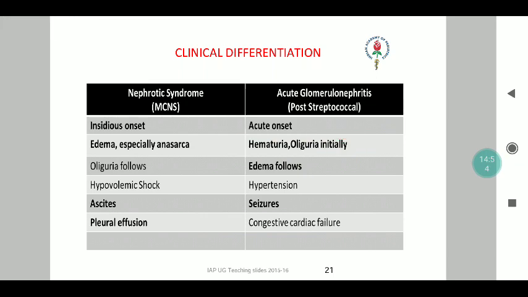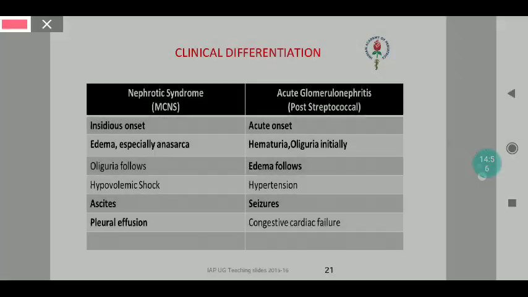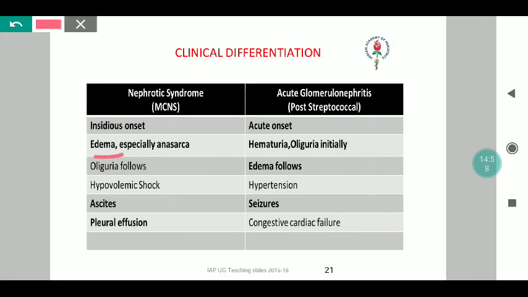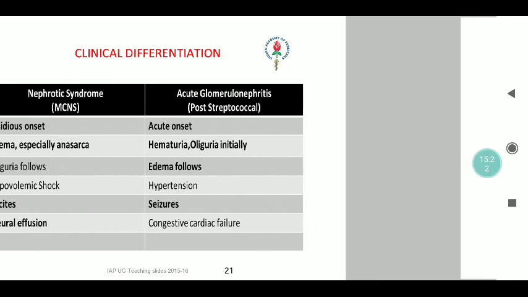Whereas in nephrotic syndrome, the child will come with a typical chubby appearance with good periorbital puffiness, will generally present as anasarca and later will go on to reduced urine output and complications of shock, ascites and pleural effusion. Seizures may or may not be there in acute glomerulonephritis. So a short note can come to compare and contrast nephrotic syndrome and AGN. This table is again more than enough. You can just elaborate briefly on that.